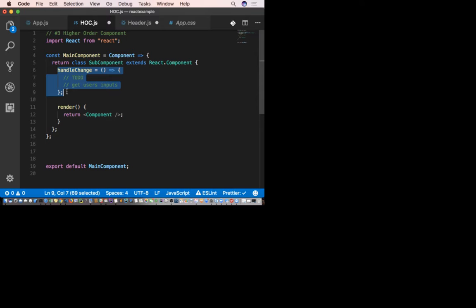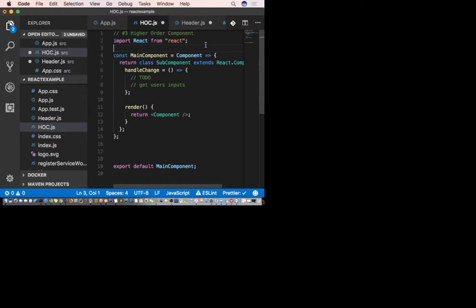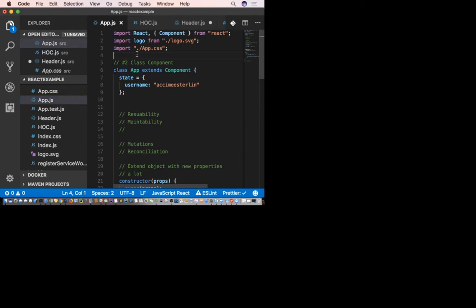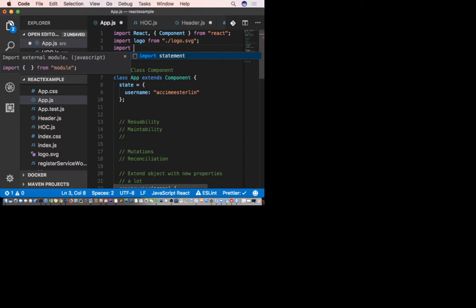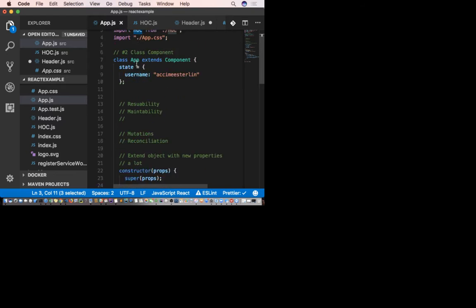For example, I'm gonna go inside the app and bring this higher order component. Where is it? HOC from, oops, from HOC. I think so. Okay, so I bring this component.